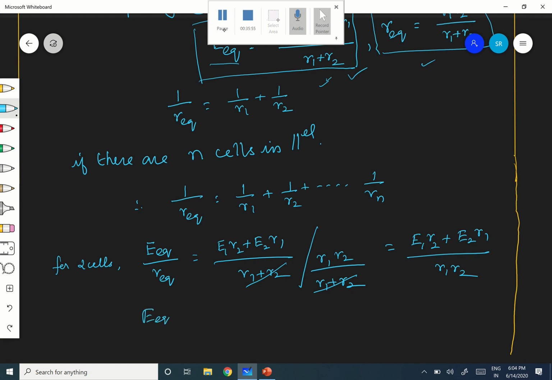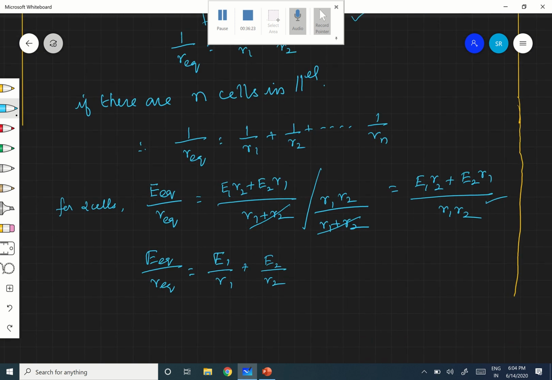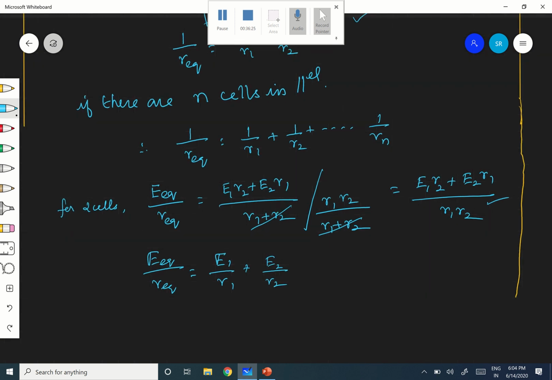E equivalent divided by R equivalent is equal to, very simple now, E1 by R1 plus E2 by R2, correct? It is for 2 cells. I think it is very simple for you to extend to n number of cells also, no? That is the reason why we have gone for E equivalent by R equivalent. E equivalent we cannot generalize, so now I am going for E equivalent divided by R equivalent. Therefore, for n cells,